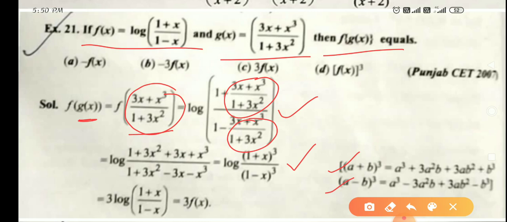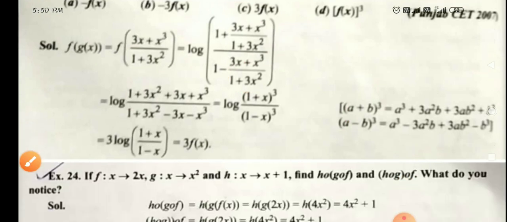Now the log property, you know, this power will come before the log. So 3 log of 1 plus x upon 1 minus x, and log of 1 plus x upon 1 minus x, you know, is fx. So it is becoming 3 fx. So option C is correct in this question. Next it is coming